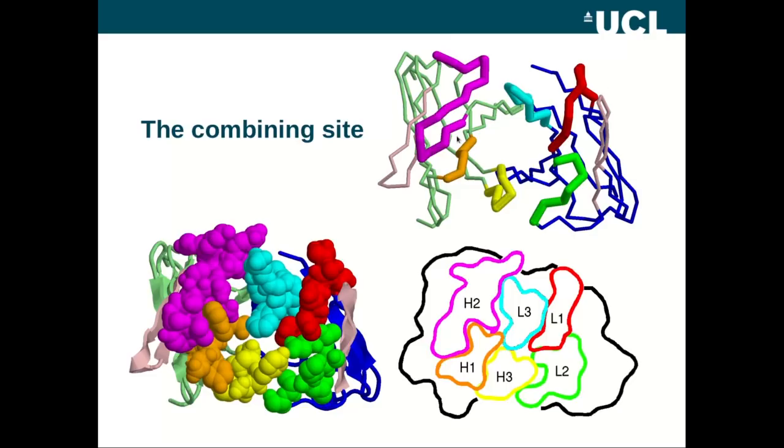And top right here, we have highlighted with the thicker lines these 6 CDR loops that form the combining site. And I've labelled those below with L1, L2, L3. These are the 3 loops of the light chain, H1, H2 and H3, the 3 loops of the heavy chain. And those are labelled in the sequential order that they appear in the protein sequences, working from the N terminus